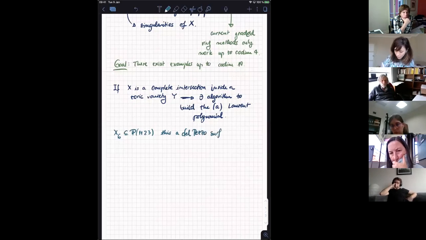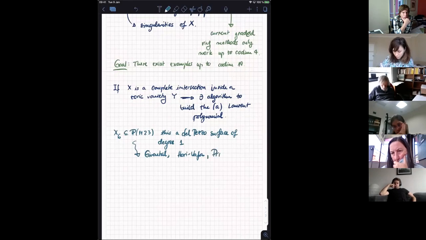Of degree 1. And by work of Kiventhal and Horivafa, and also a trick by Krzyżalkowski. Oh no, there's a J. Yeah,